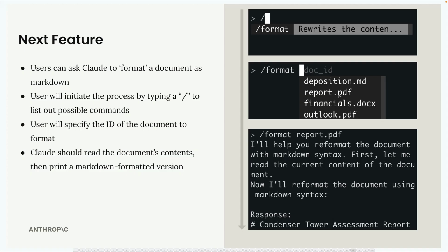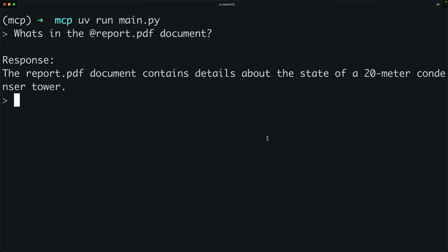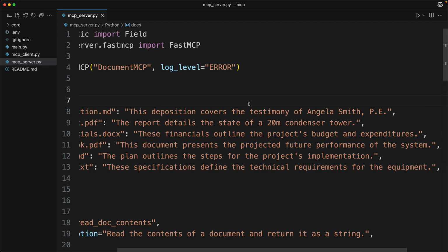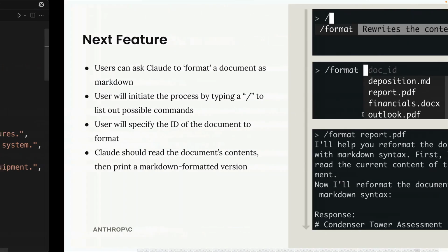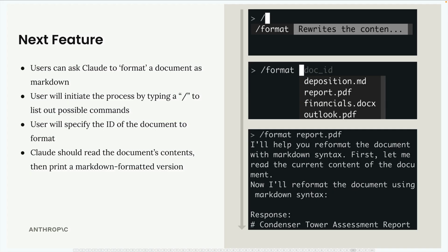Then, whenever a user runs this command, the goal is to get Claude to reformat this document using Markdown syntax. So in other words, take the plain string that we have without any special formatting tied to it inside of each of our documents right now. Remember, inside of our MCP server, our current document content is just plain text. We want to feed this into Claude and somehow get Claude to rewrite it using Markdown syntax. So I would expect to see some output like this, something that says, I'll help you reformat the document. Claude is then going to use a tool to read the contents of the document. And then finally, inside the final response, I want to see the content of that document rewritten down here in